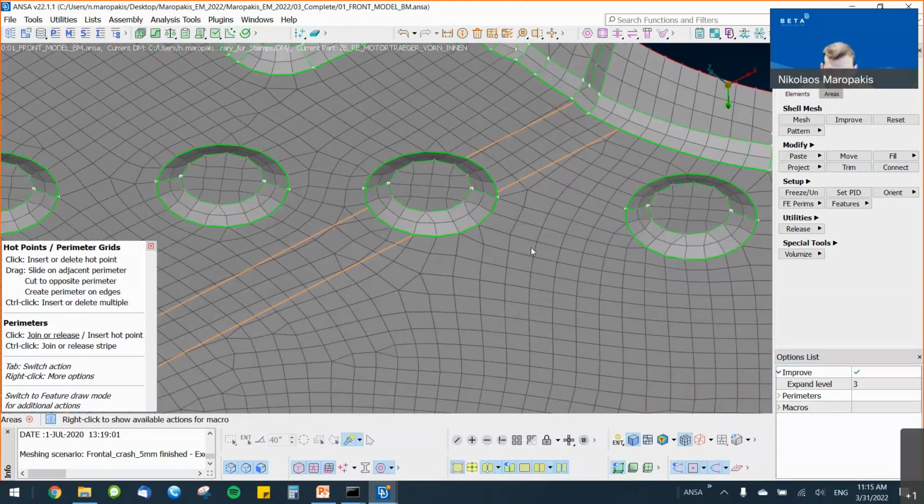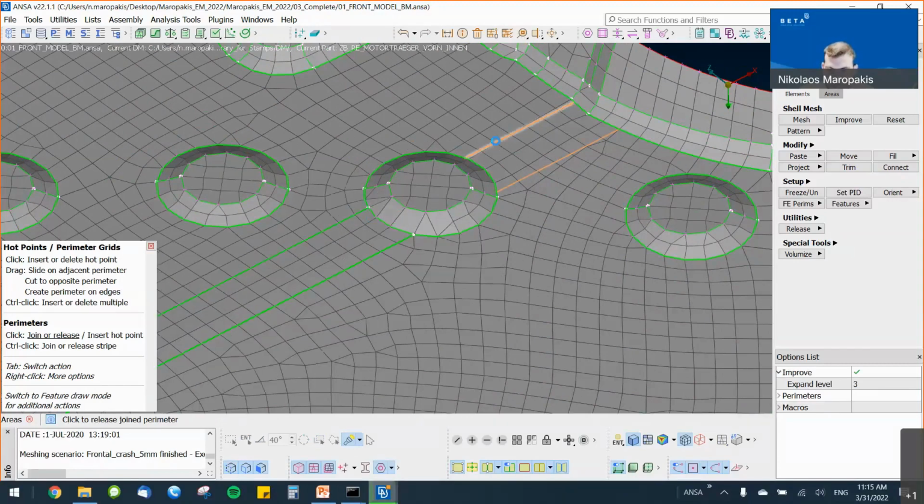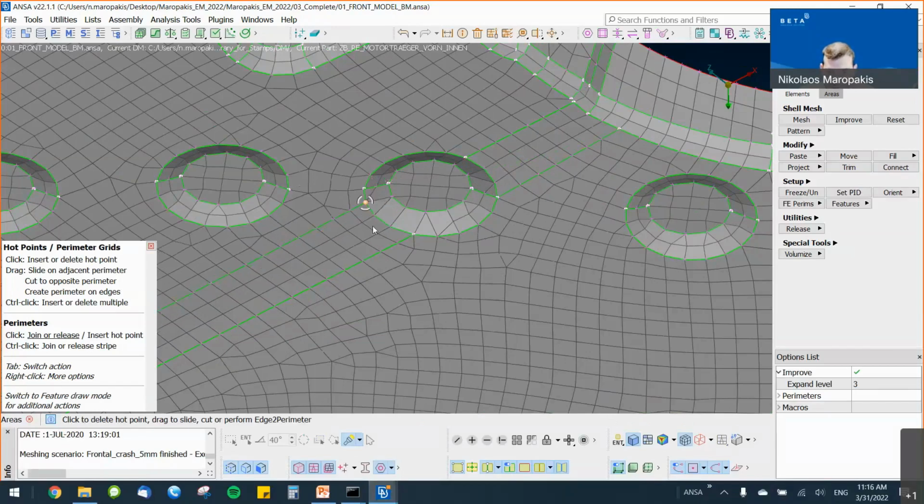Already joined perimeters can be seen in the areas direct edit category with the orange color again. When I move my mouse over one, I can see that it gets highlighted, and by clicking on it, I can perform a release and bring the perimeter back to my model. I can change the position of a perimeter by grabbing a node on its edge and dragging it onto another perimeter, like here, or even not paste a node, just move my perimeter to the side.